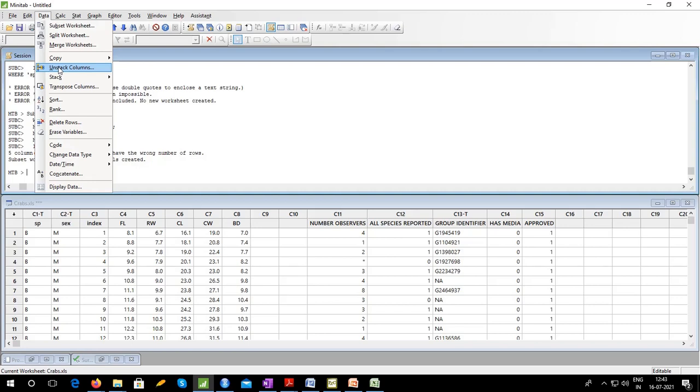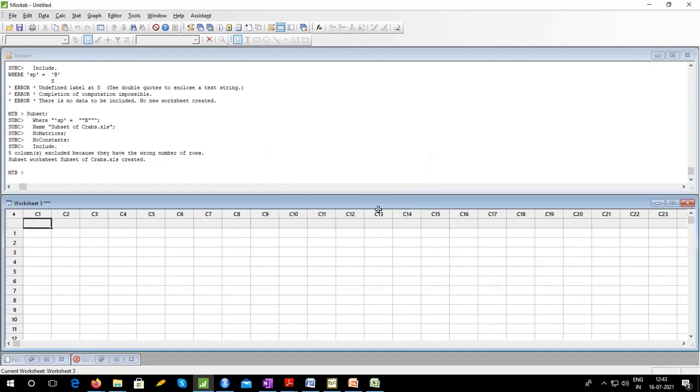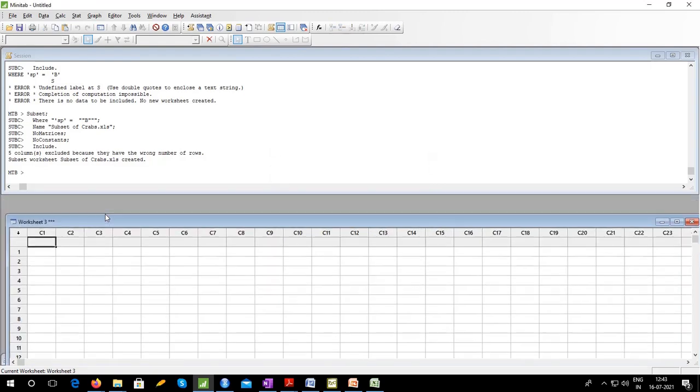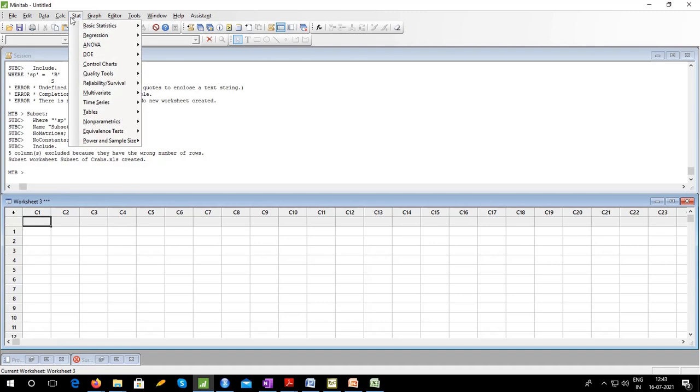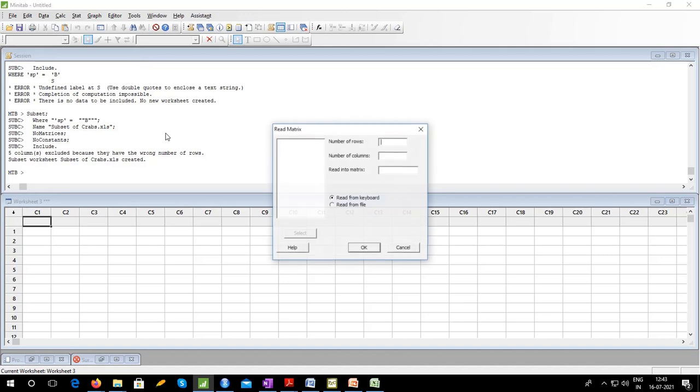So let me come to factor analysis. As I said, we will do the factor analysis on the correlation matrix. So let me remove this. I have a blank worksheet here. I want that Olympic correlation matrix to be imported in Minitab first. So I'll go to Matrices, Calc, Matrices, Read.